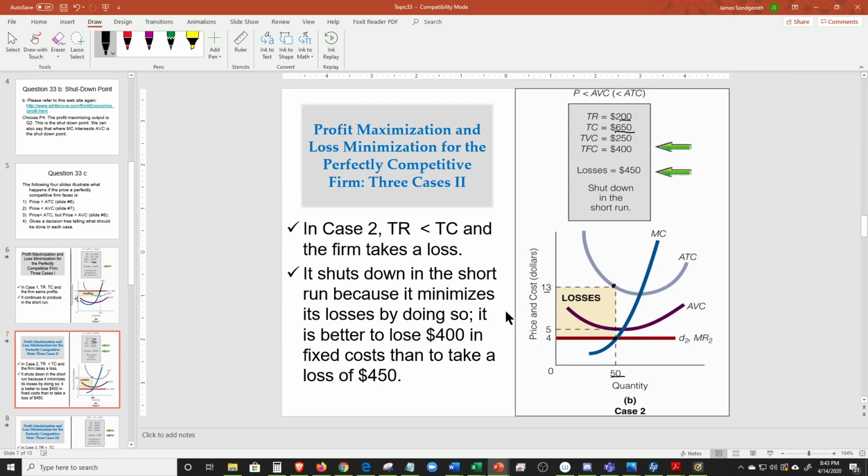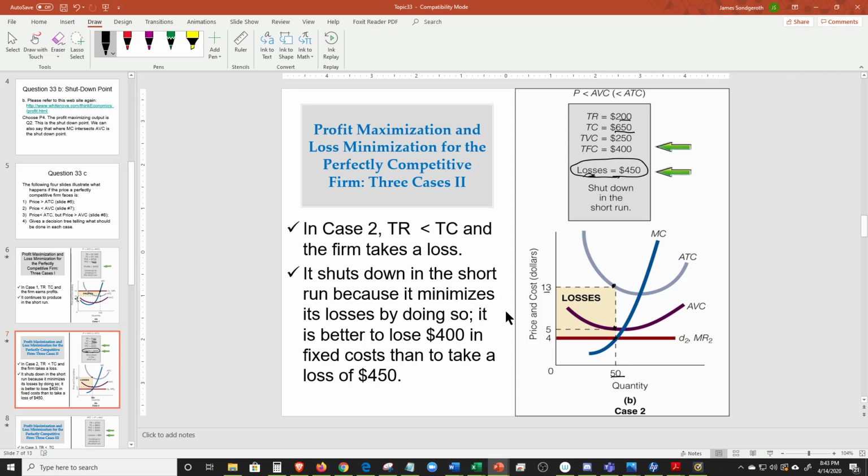So if you take total revenue minus total cost, you get losses of $450, negative 450. They don't have the negative because they have the losses here, but they're losing $450. And we already determined that the fixed cost is 400. Again, we can do that here. So 5 times 150 is 250, and 13 times 50 is